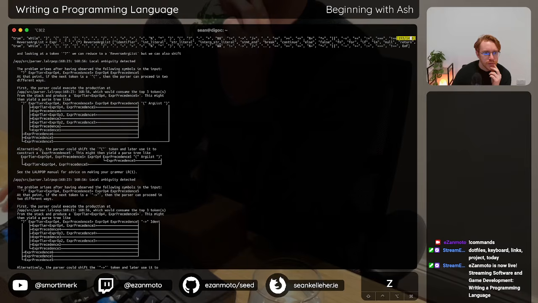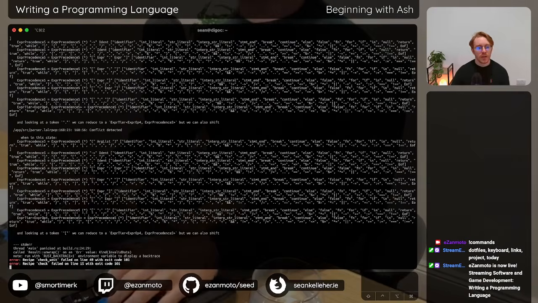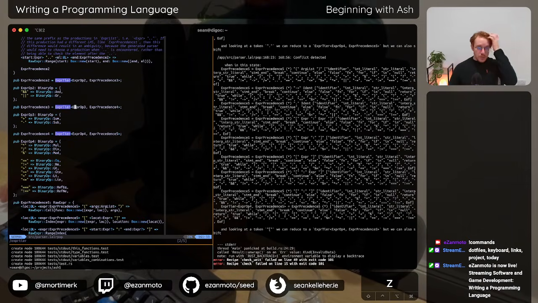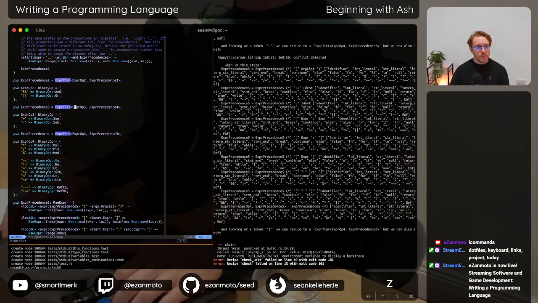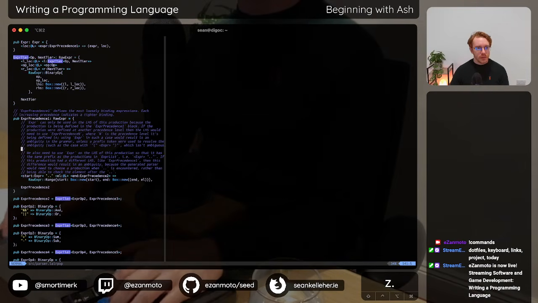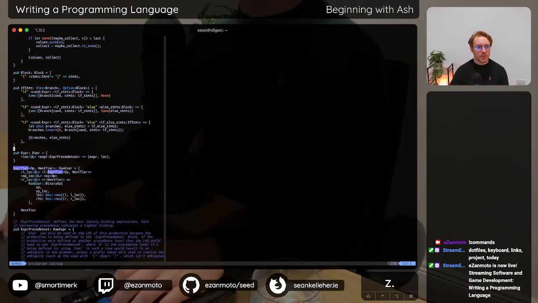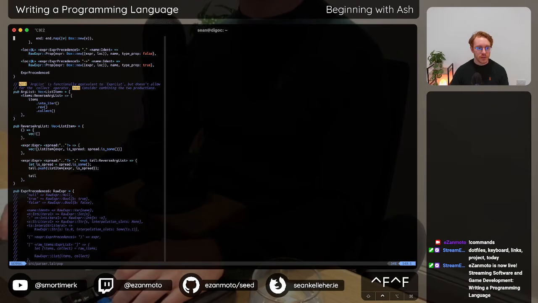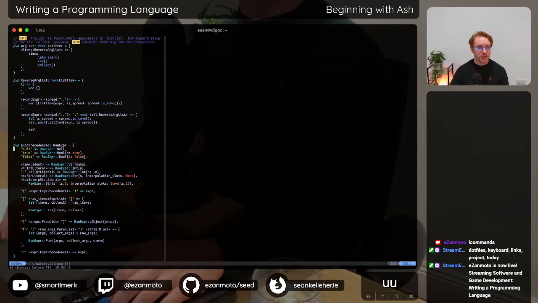The parser could shift that parameter item. Okay, so that question mark could be applied to this section or the entire expression. And so we would actually have the same issue. So it's a question of binding, I believe, and making sure that we have the loosest binding on the entire expression.